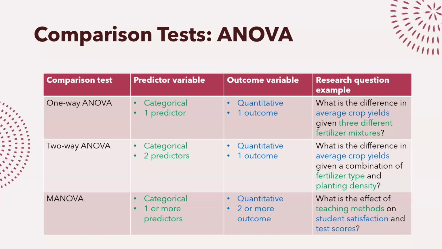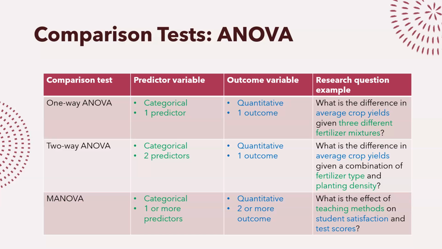A two-way ANOVA is used to estimate how the mean of a quantitative variable changes according to the levels of two categorical variables. Use a two-way ANOVA when you want to know how two independent variables in combination affect a dependent variable. For example, you are researching which type of fertilizer and planting density produces the greatest crop yield in